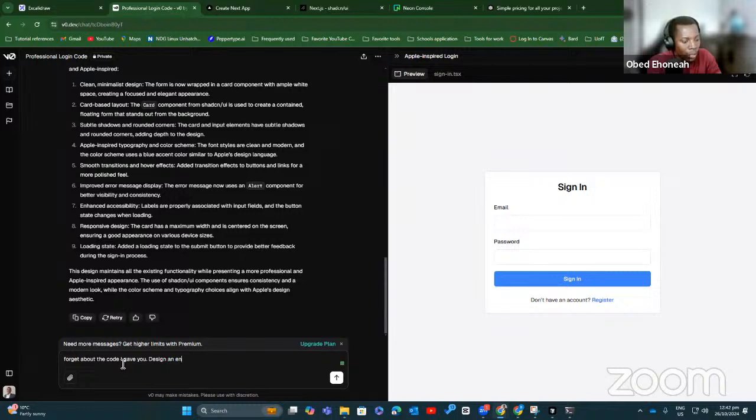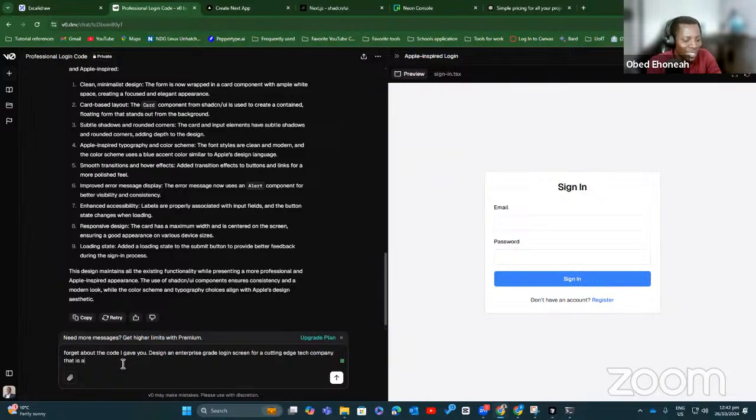Design an enterprise grade login screen for a cutting edge tech company that is about to launch a new platform called Staff Scheduler.